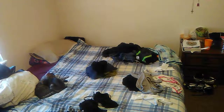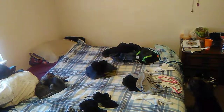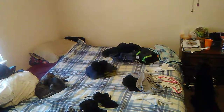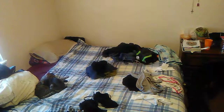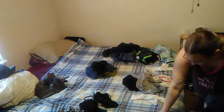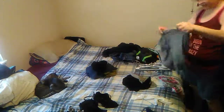I've got a bunch of coats and blankets and whatnot stacked up over here that need to be cleaned. I shouldn't say cleaned. They really just need to be folded and put away because it's a little too warm for them at this point in time. We've been having 70-degree days here, so it's time for the excess. Okay, I can't find it, so I ain't even gonna keep trying. I don't got time for that. It's time for the excess blankets for cold weather to be put up, and I have to figure out where I'm going to put them